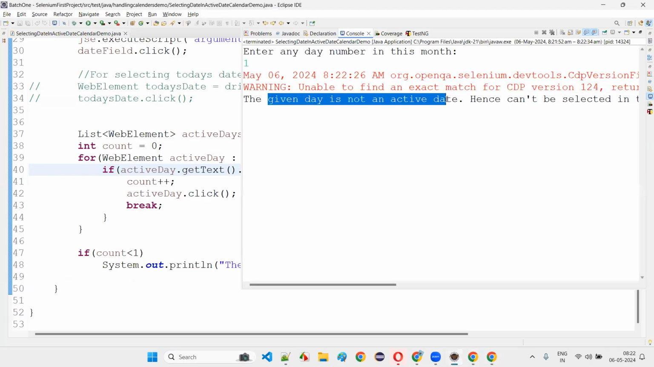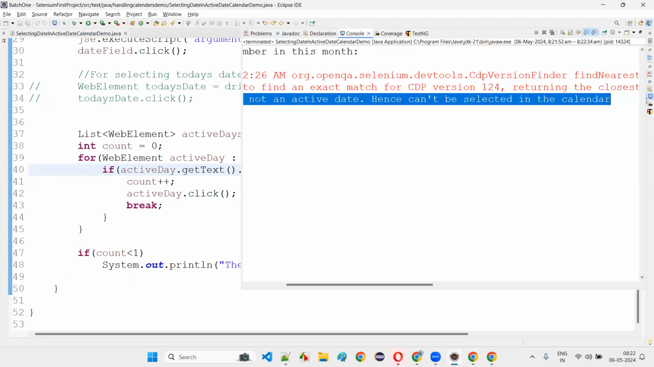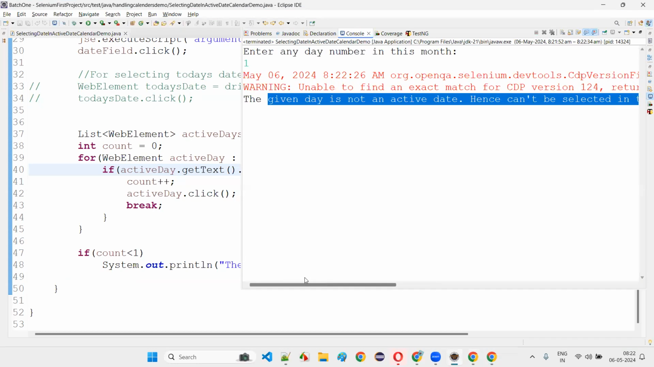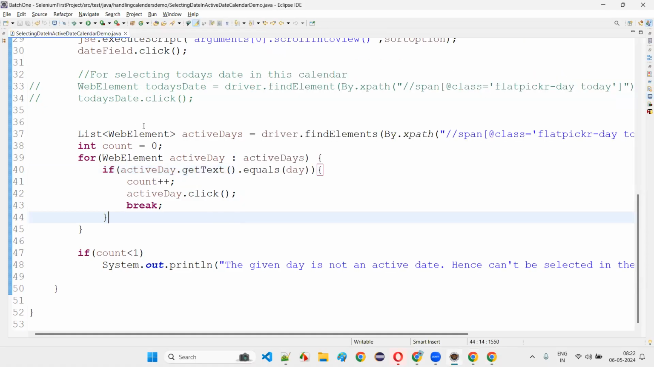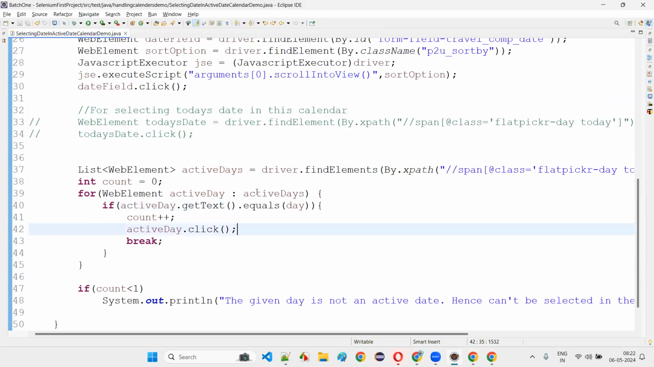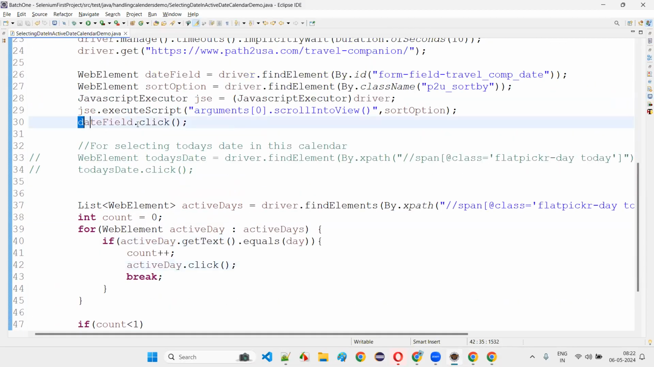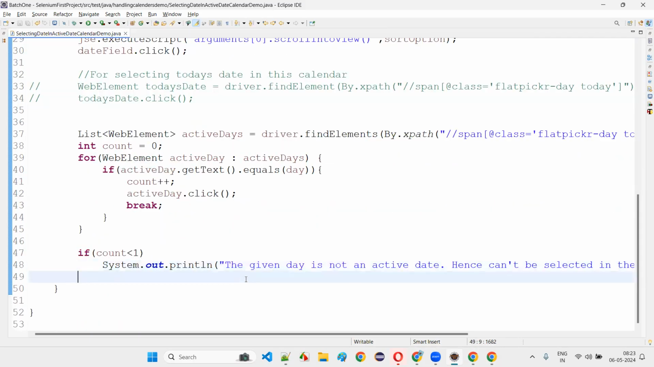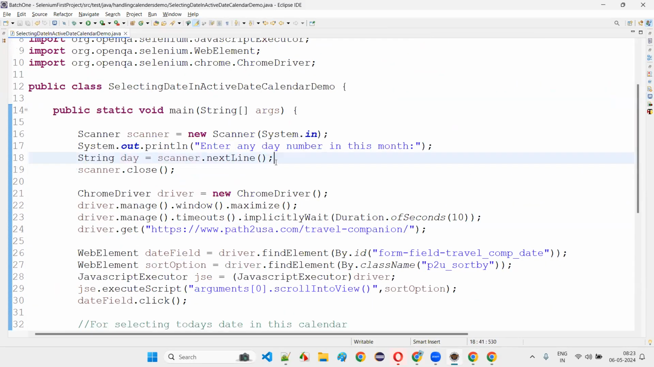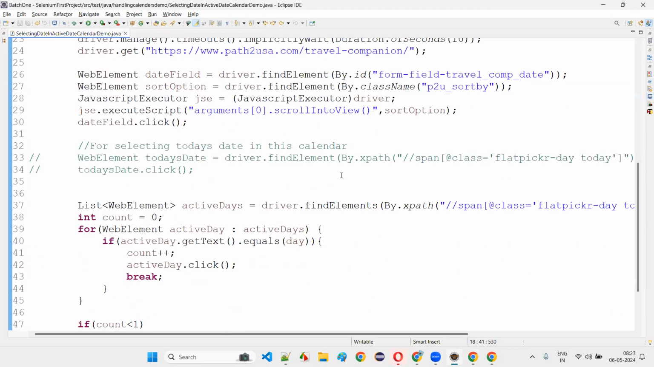The given day is not an active date, hence can't be selected in this calendar. Okay. That is what is happening, guys, when you press 1. And we are actually clicking the date field and it's getting closed also at the end. Okay. That's okay. Day is not getting selected. That's okay. For now,